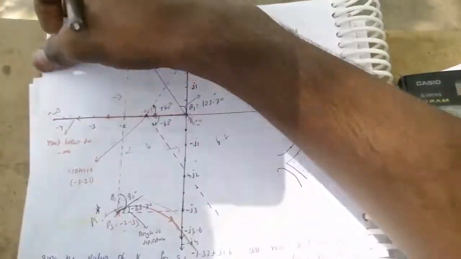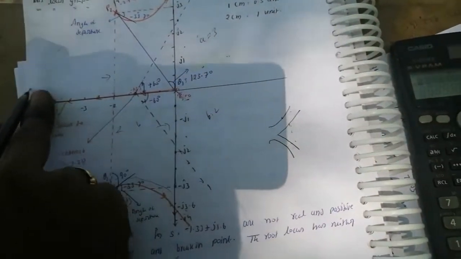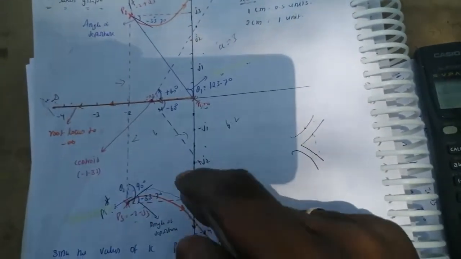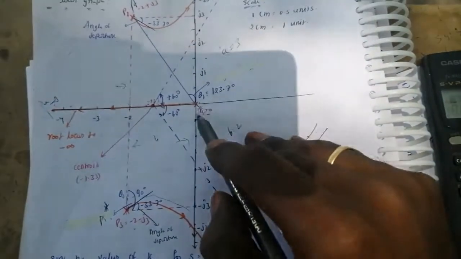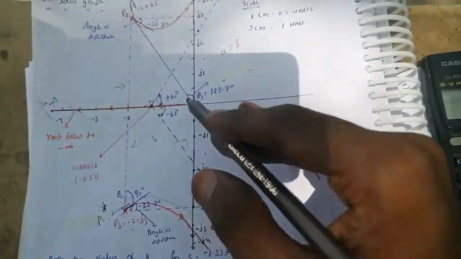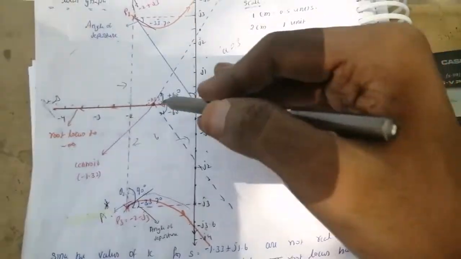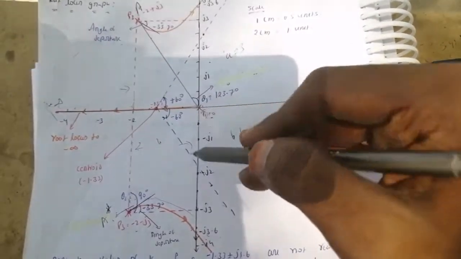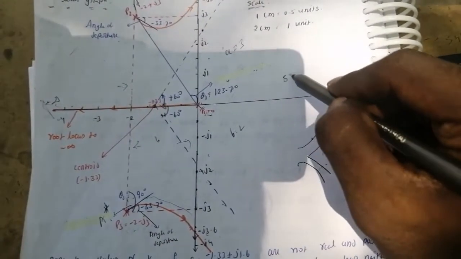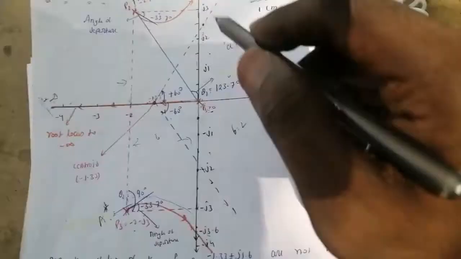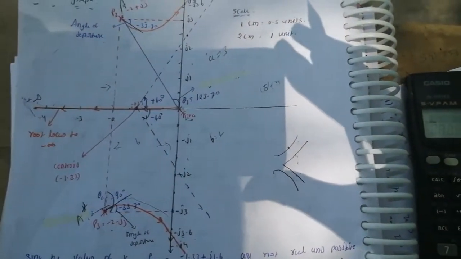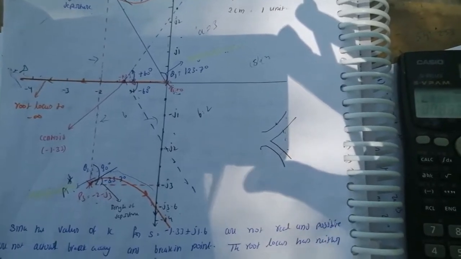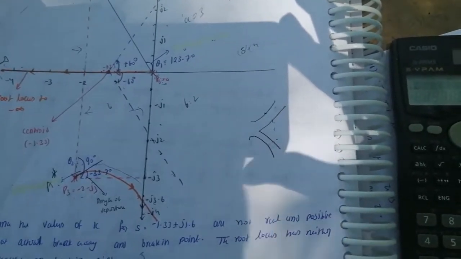If you feel any difficulty while finding the angle of arrival and angle of departure, at least you can indicate the poles and zeros on the axis, and you can find the root locus and the centroid. Up to finding the centroid, you will get maximum 5 marks or 4 marks. The main advantage of this question is that you get marks based on the steps. For step 1 you get 1 mark, step 2 2 marks, like that.